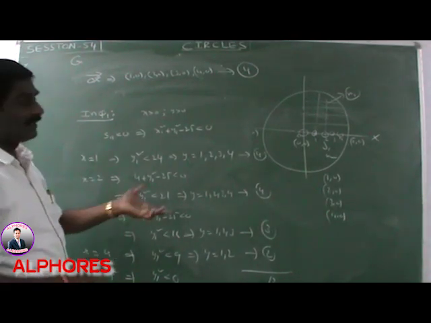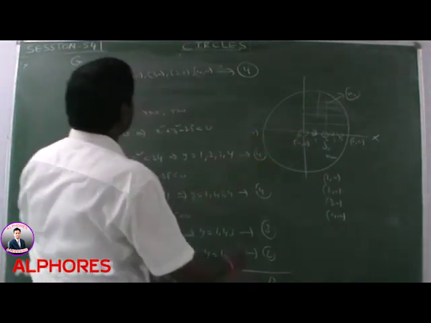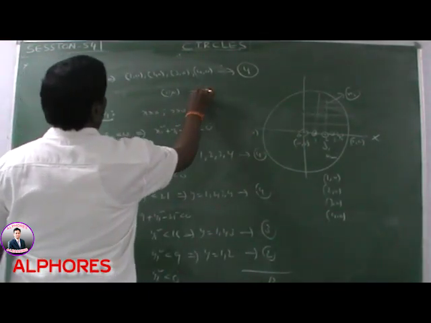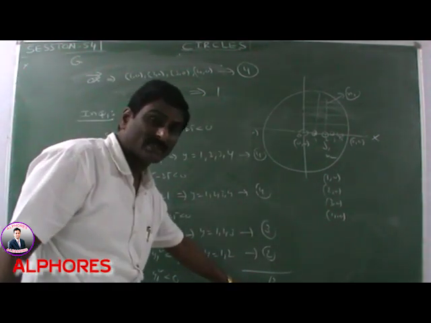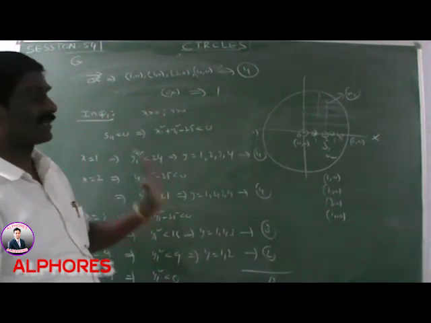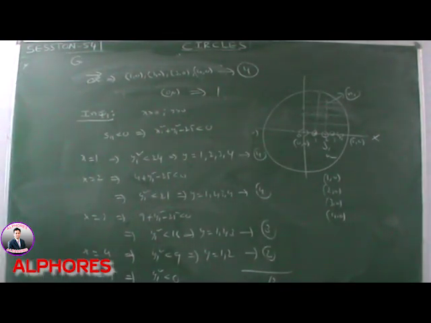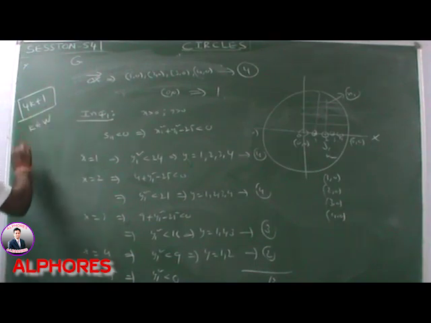In addition to that, the center of the circle also lies inside of the circle. In addition, (0, 0) is 1 point. Total number of possibilities is equal to 13 into 4 plus 4 into 4 plus 1. Add that value, that is the result. All of these integral coordinates are in the form of 4k plus 1. Please note this point, where k belongs to W, whole numbers: k is 0 or 1 or 2 and so on.